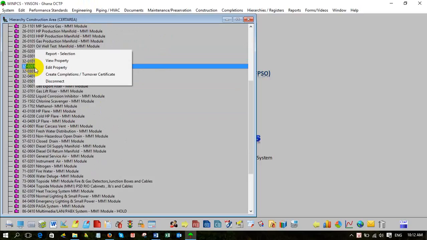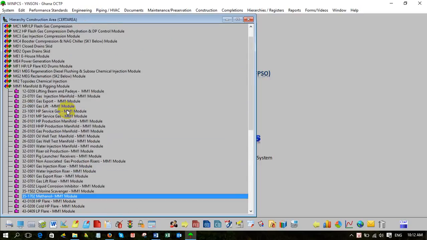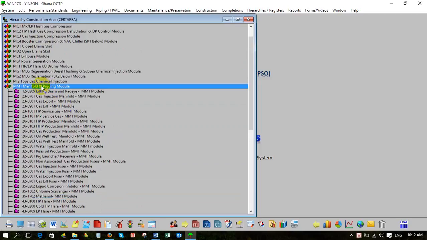Okay, you double click, open up, close. After that, right button click. This one is very important. You always use this one all the time. This is what you want.